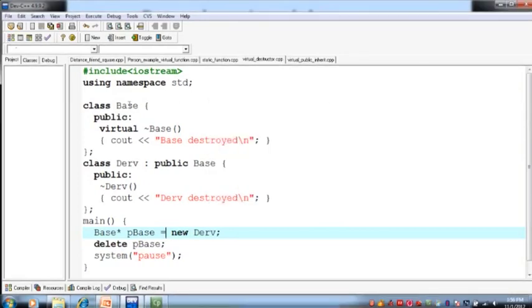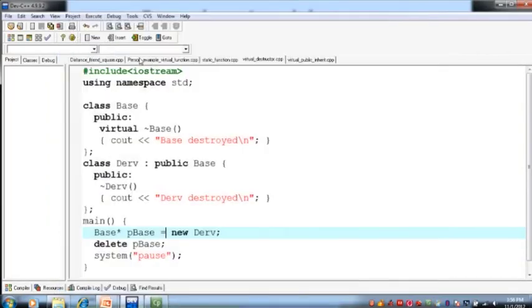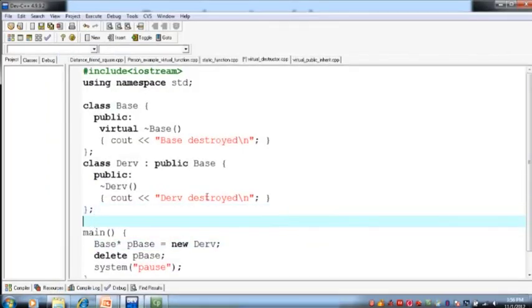सो नाउ compile it and execute it. So now it displays the message DRV destroyed and then base destroyed. ठीक है, तो सबसे पहले इसने ड्राइव के डिस्ट्रक्टर को एग्जीक्यूट किया and then it executed the destructor of the base class. Okay, now let's say that if we have another class